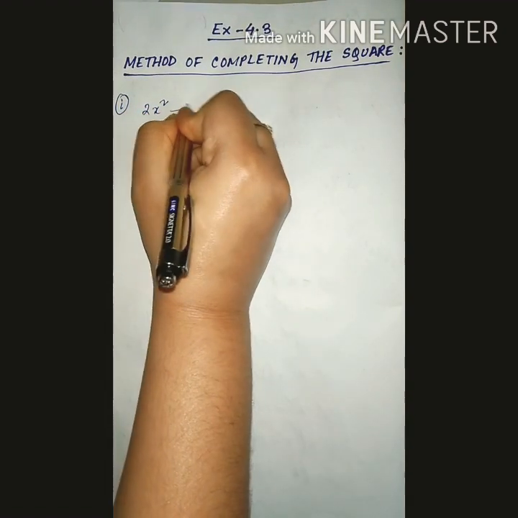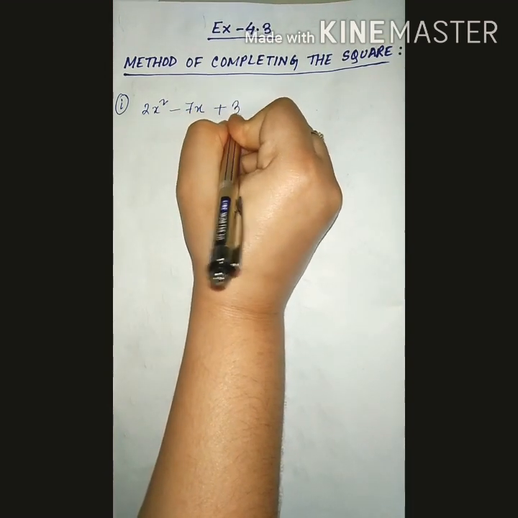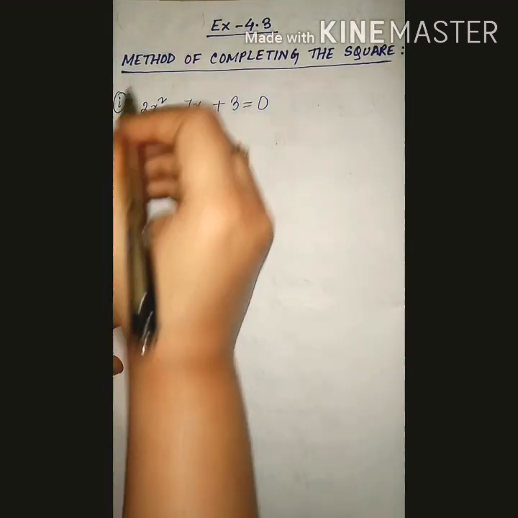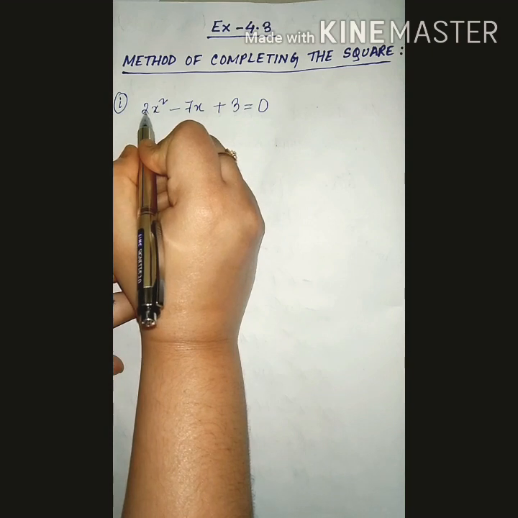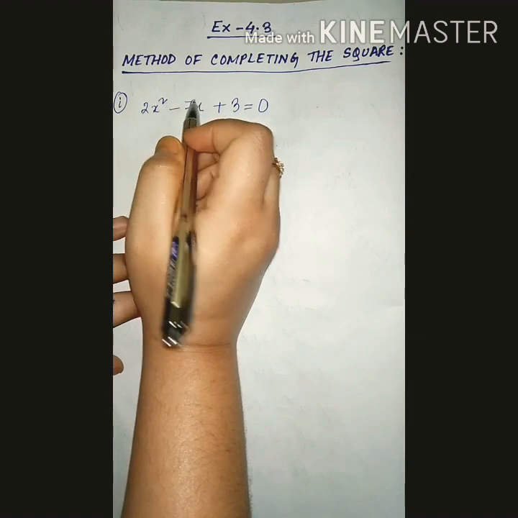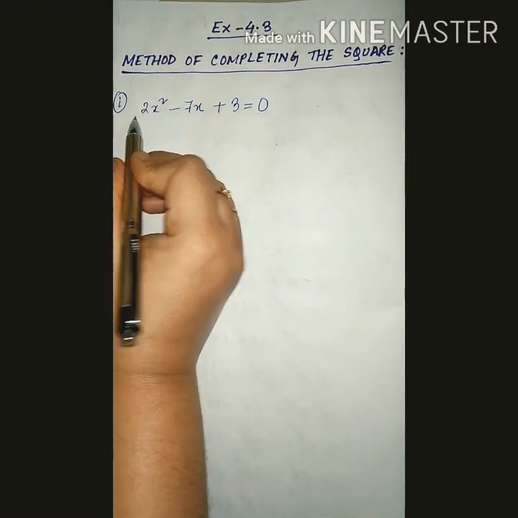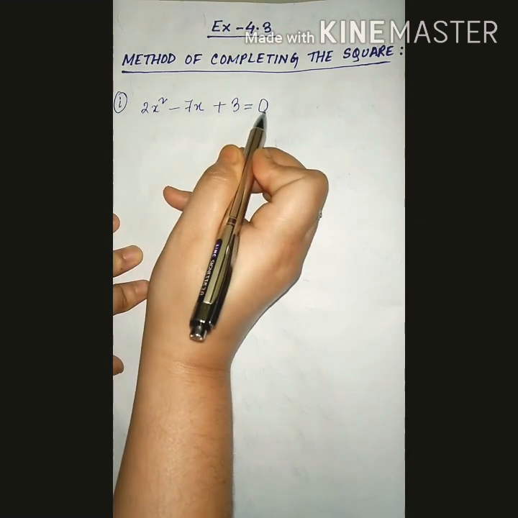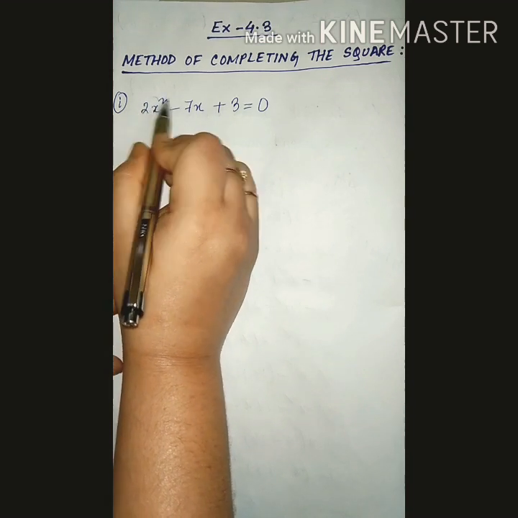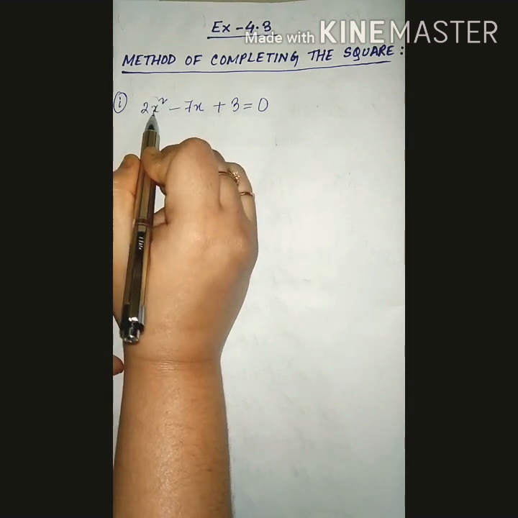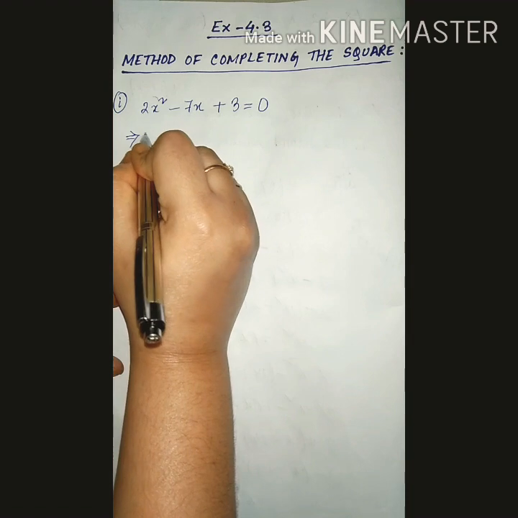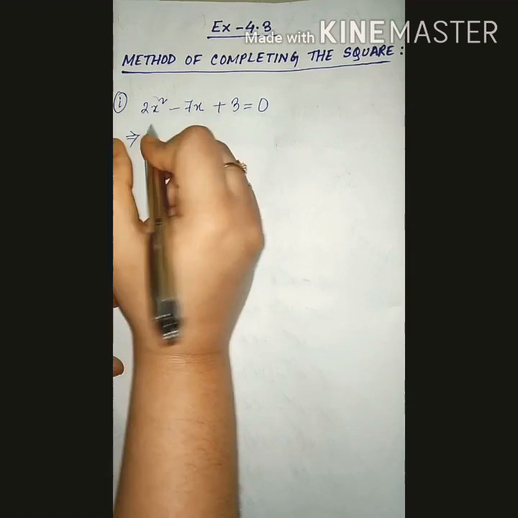twice x square minus 7x plus 3 equal to 0. See, I have solved it in two methods. One is what? This coefficient of x square, you need to make it as 1. And the second alternative method I have taught you is that you have to multiply the whole equation by 2 so that it becomes 4x square, and this 4x square we can write as twice x whole square. See, I will use the alternative method. I will multiply the whole equation by 2.